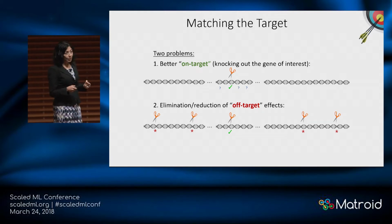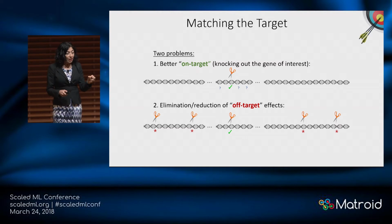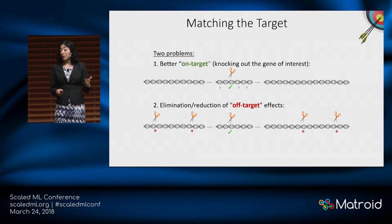And then the off-target problem is so much worse. Once I tell you this is the right guide to cut where you want precisely in that gene, then that same 23 nucleotides could screw up something in the other 3 billion nucleotides in the human genome. So how do you deal with the off-target problem and score how bad it might be, how bad the collateral